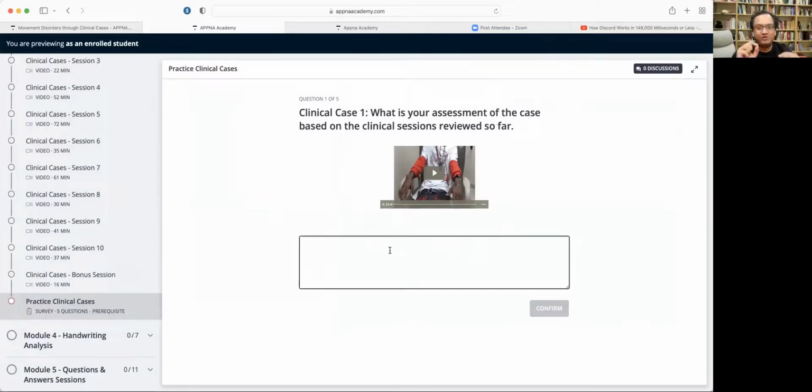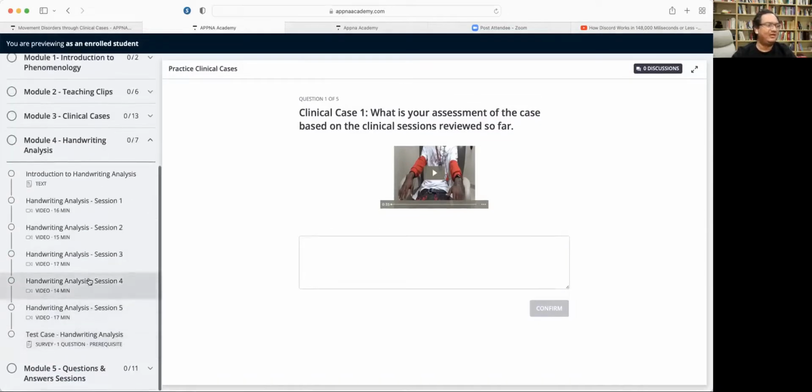So all I need is a proof of work, and these practice cases are a helpful tool to summarize, assimilate and practice what I've been teaching in my videos through these clinical case assessments, and for you to then practice it and write your own summaries. Again, they're not pass or fail, they're not graded, but these submissions are required for me to see that you have been progressing and watching some of these videos and learning from it.